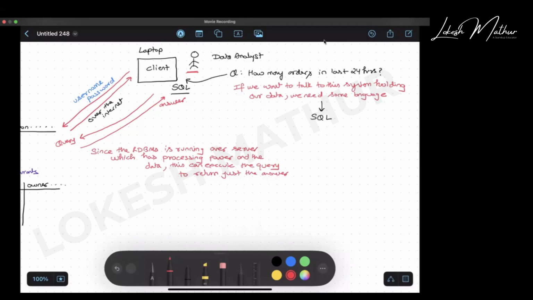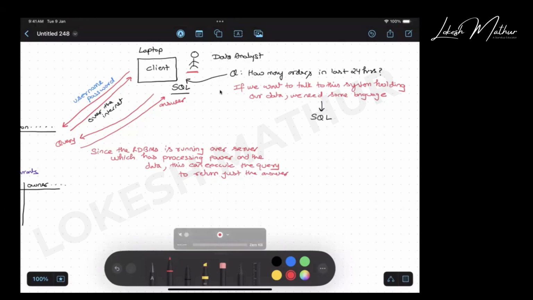So now this data analyst does not have to fetch the data and process it in their